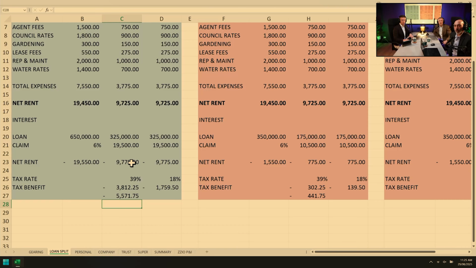Now, moving forwards, eventually this loan's going to get paid off one way or the other as you progress through life. The loan's now down to $350. So keeping everything the same, $350. If that loan is now split $175 each, or it's the same single loan, our interest is now $10.5 grand each. So we've both dropped our negative gearing. So we're still negative, only just. It's heading towards flat. Now, same different tax benefit, the tax rate. So the tax benefit has now dropped to $441, and that's basically because the interest has dropped away.